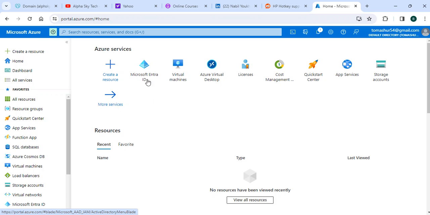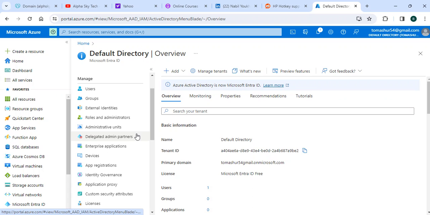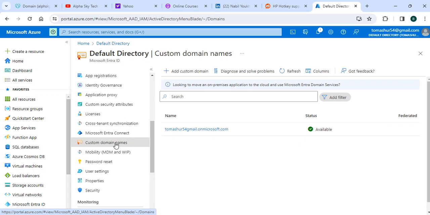So for the process of doing so, we can go to Microsoft Entra ID. Again, this is one of the several videos I'm going to perform and publish about the Azure Virtual Desktop. This is the first step, actually, to add the custom domain. As you can see, I'm going to go here and click on